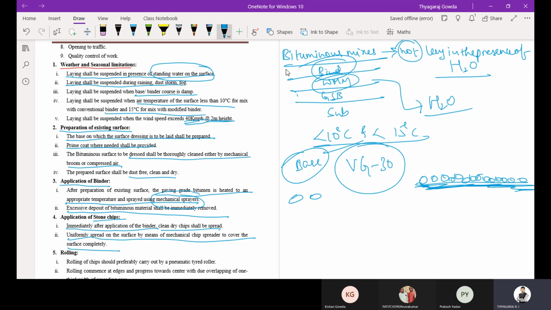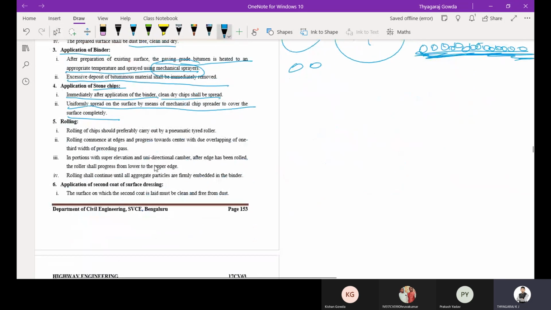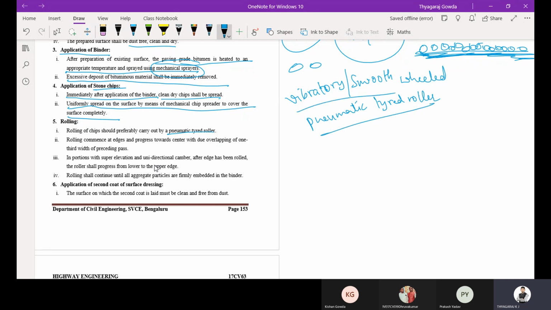The rolling is carried out by a pneumatic tired roller. Since we are not going to use a vibratory or smooth wheel roller, we will be using a pneumatic tired roller.